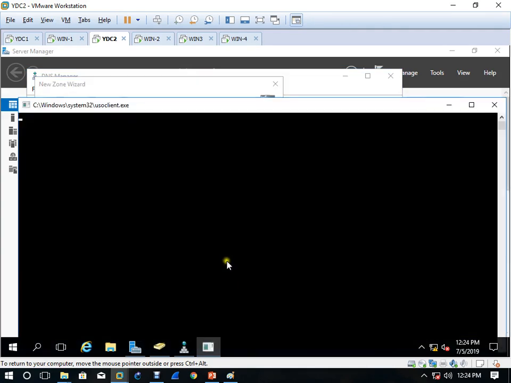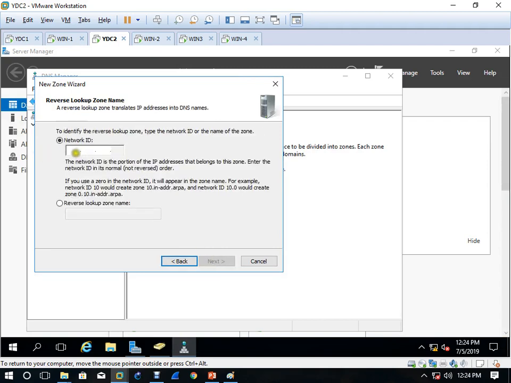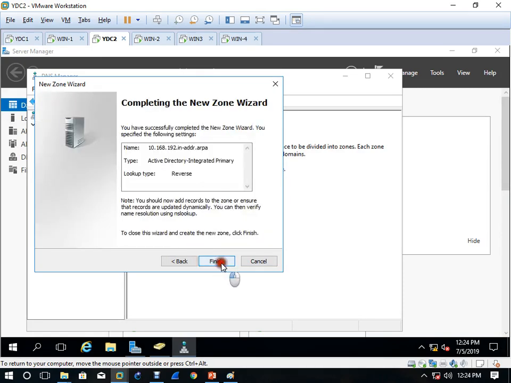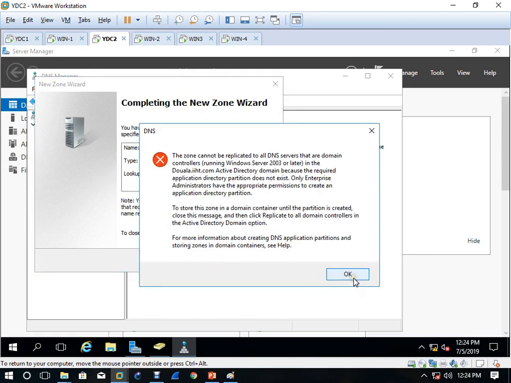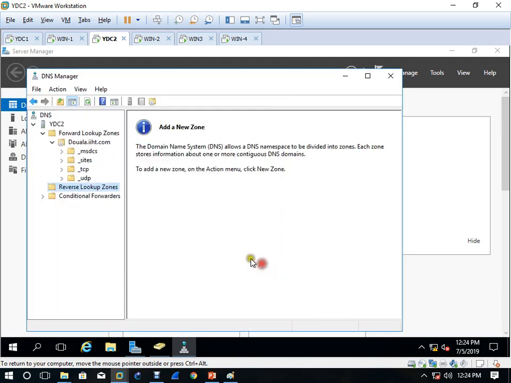Okay, better to create 192.168.10.2. Next, finish, the replication of the DNS controller. Okay, no problem.